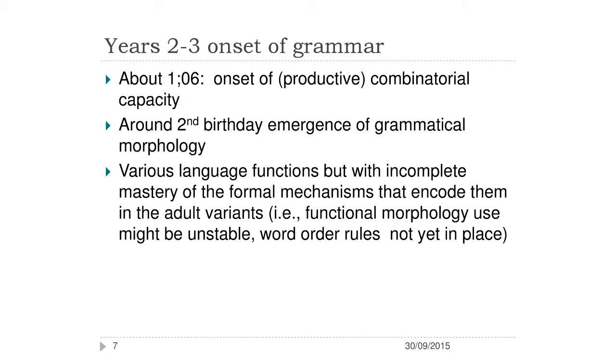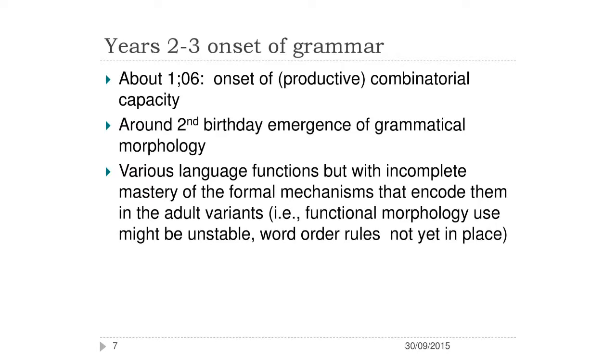Between the second and third year of life, you have the onset of grammar. In English, around the age of 1.5, children start putting 2 words together, and they slowly incorporate into their speech all the little bits of grammatical morphology that make utterances complete. Their sentence length grows, and they start acquiring a richer formal repertoire. But it's incomplete. It's a work in progress.